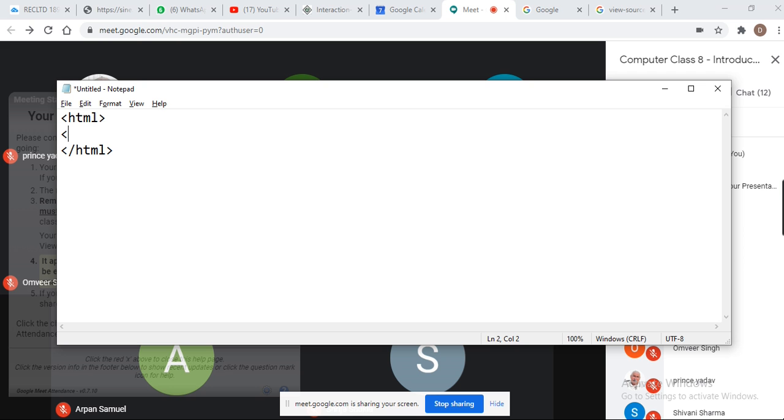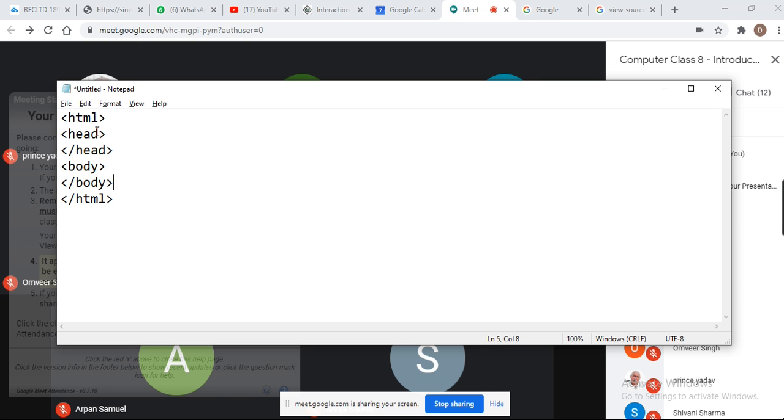The first one is the head tag, and it should be closed with the corresponding head tag. This is a container tag. The second one is body, and it should always be closed with the body tag, otherwise the page will not display correctly.